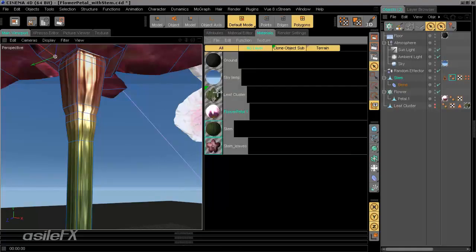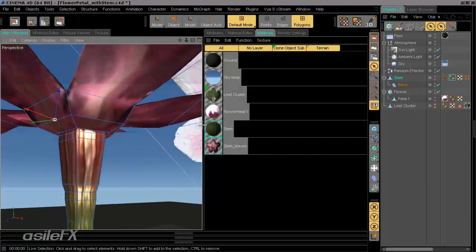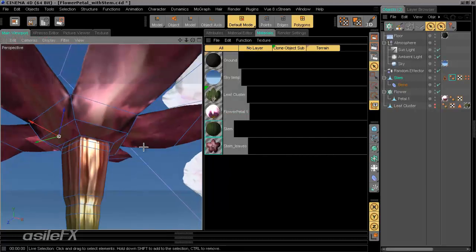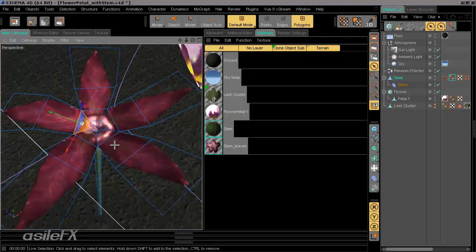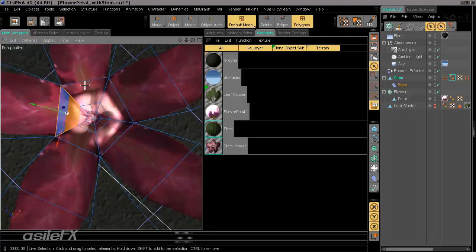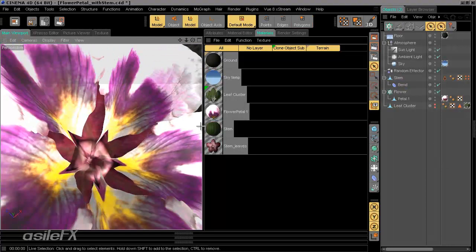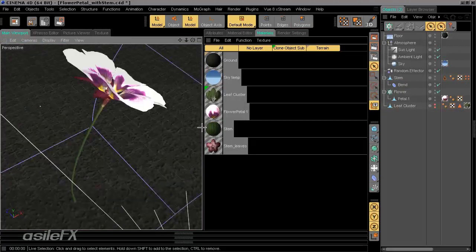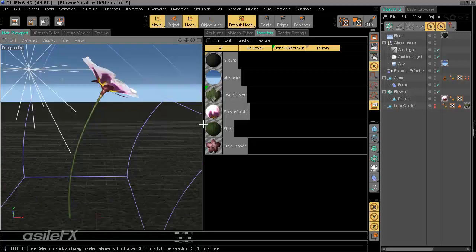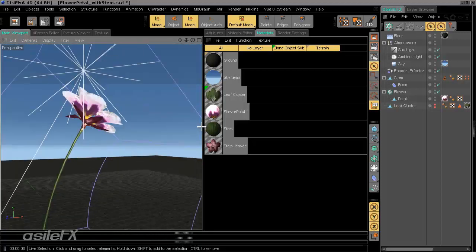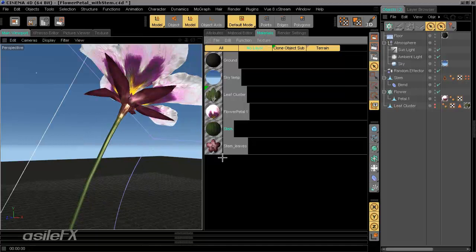So if we take a look at the materials, there's a leaf material, and then the stem material, and then I'm also using the leaf material again for that central area that we originally had set up to be its own tag, but really decided that it didn't need its own texture. So I just have each one of those maps selected from the same overall layer setup. It was just a lot easier to have one file to contain all the images, and then just go through the layer selections,